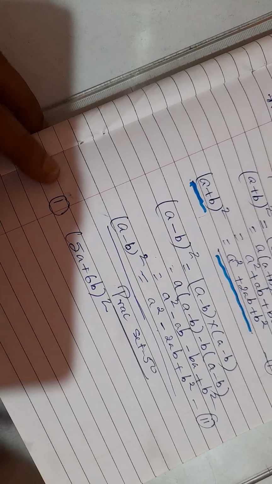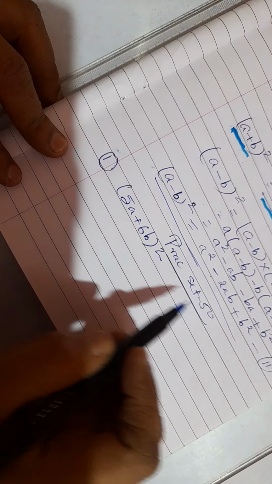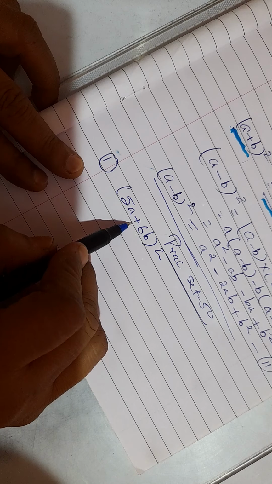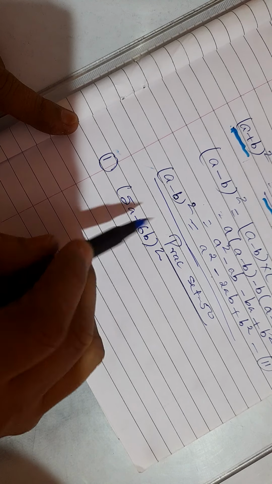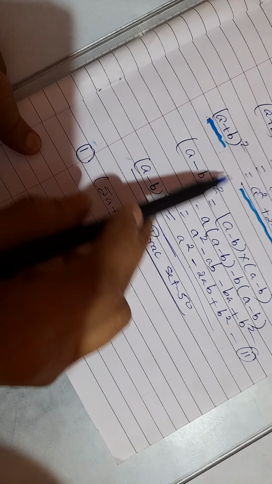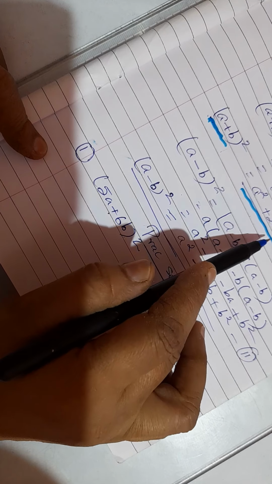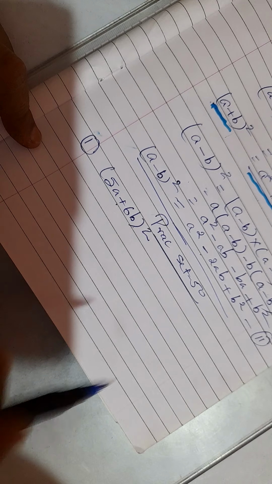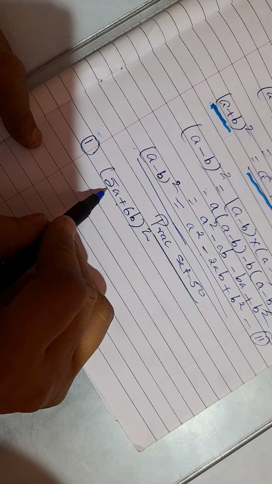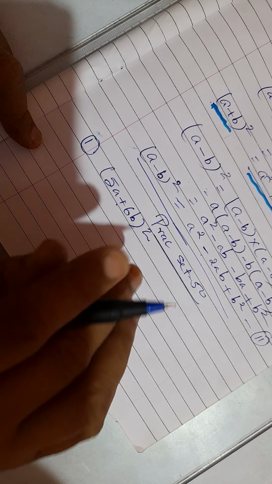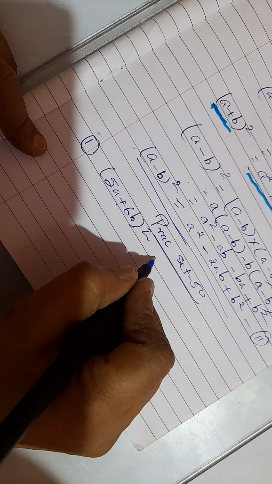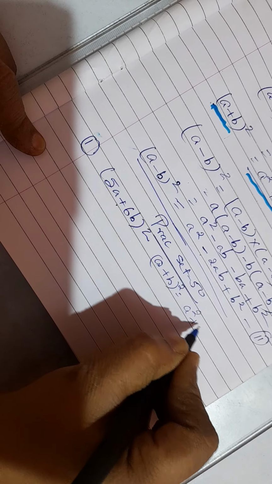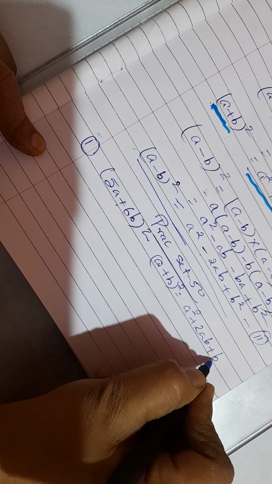So children, we have written the question, that is practice set 50, (5a plus 6b) whole square. Now here what sign is there, children? Middle term, what is it? Plus sign. So the first formula will be used, that is (a plus b) whole square, that is a square plus 2ab plus b square. Now here instead of a, children, what do you have? 5a. So for the first sum, I am writing the formula, (a plus b) whole square is equal to a square plus 2ab plus b square, okay?